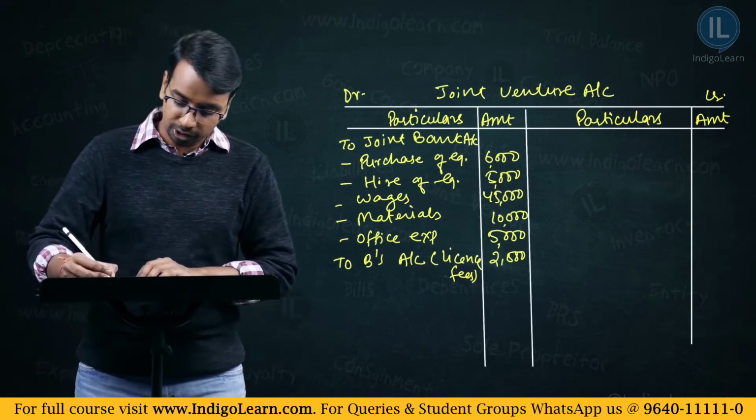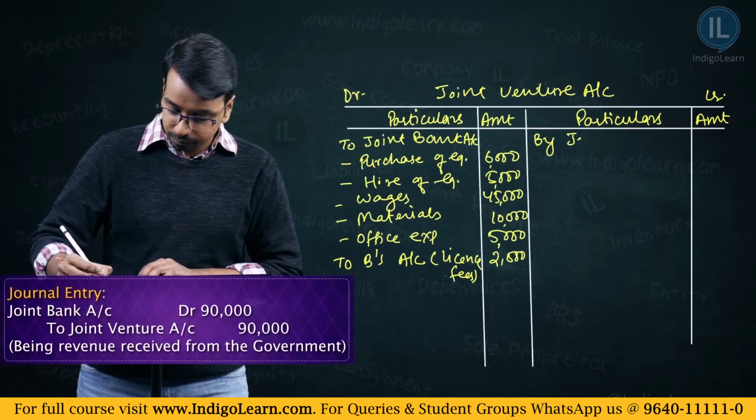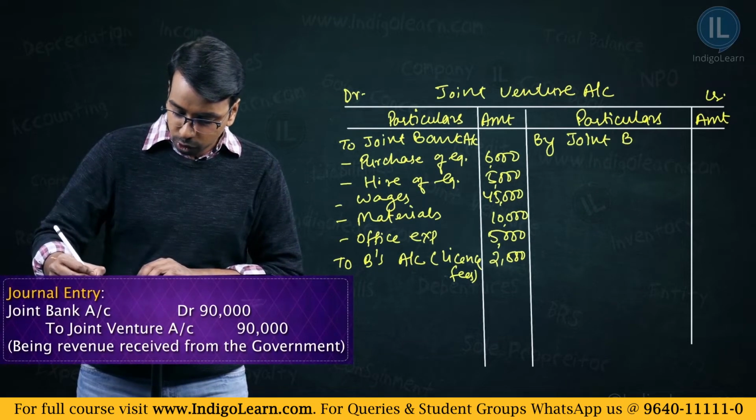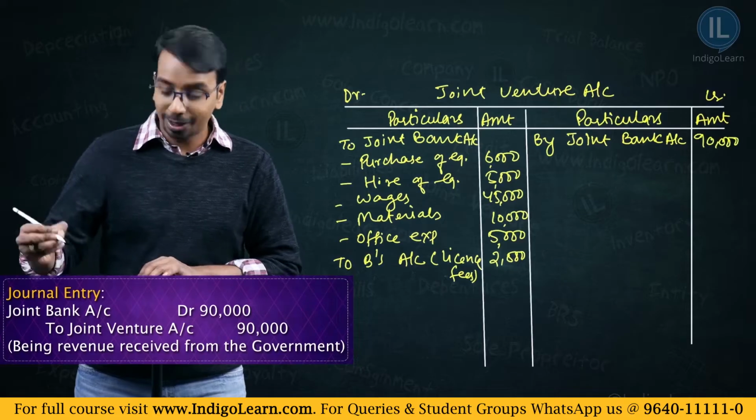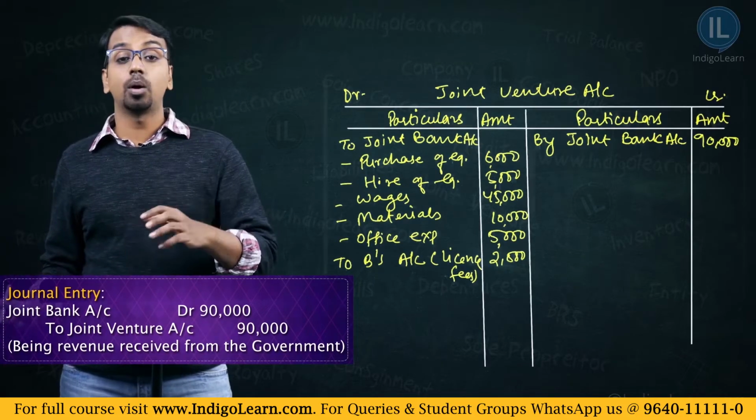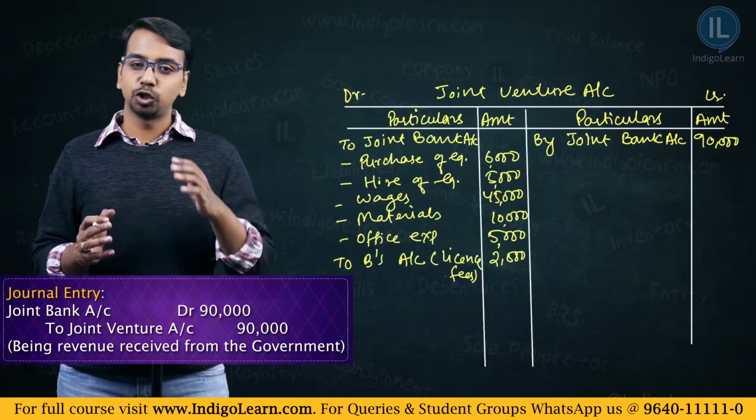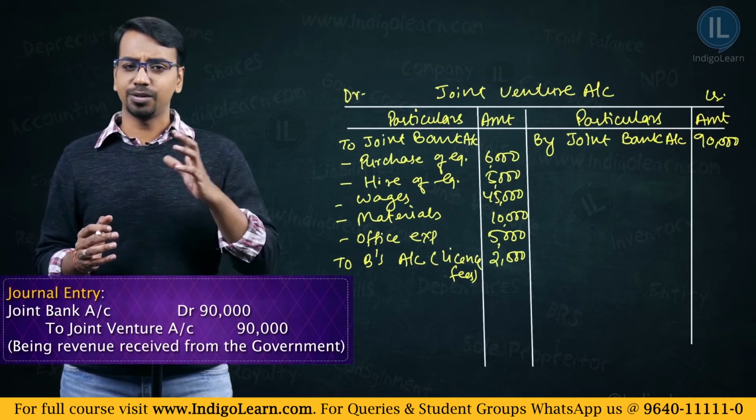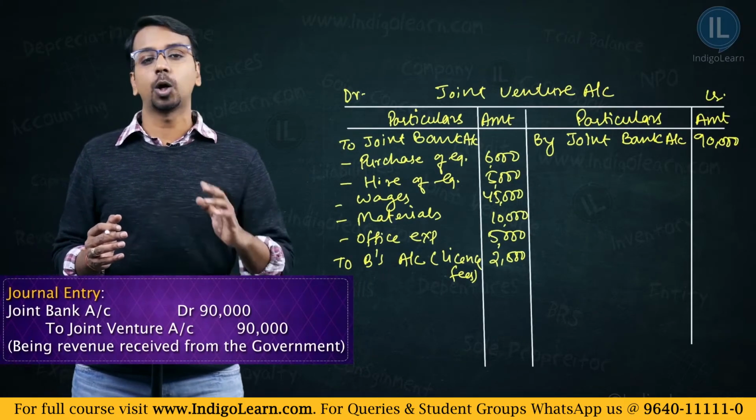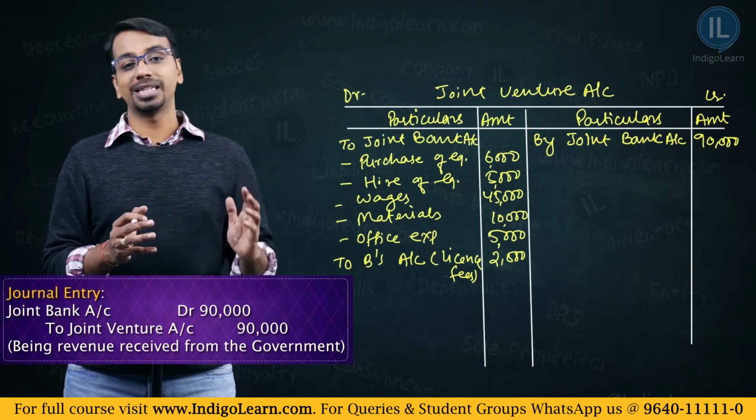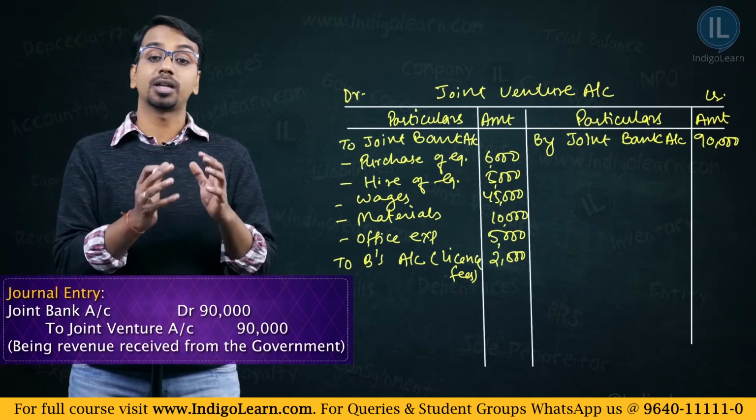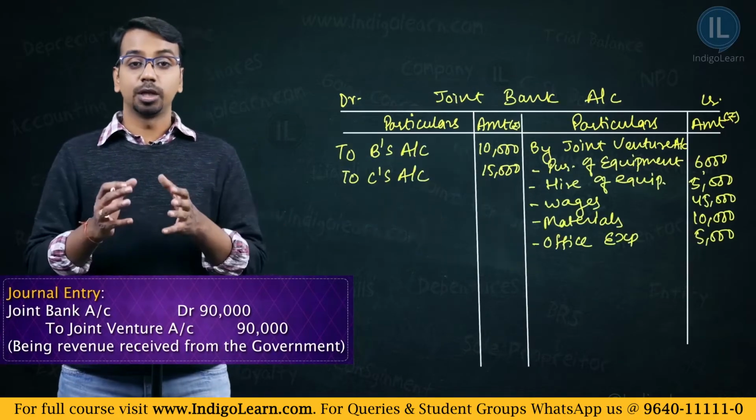So come to the joint venture account by joint bank account 90,000. Now this receipt amount will also be posted in the joint bank account. And what is the entry for that? As we have already discussed, joint bank account debit to joint venture account, being amount received from the government towards completion of the film. So in the joint bank account we will have